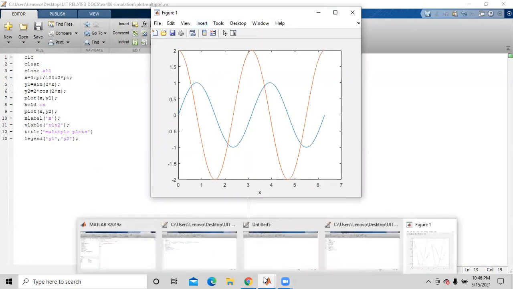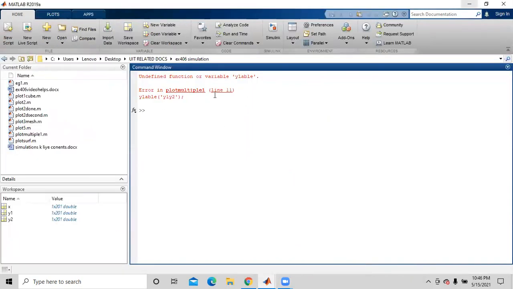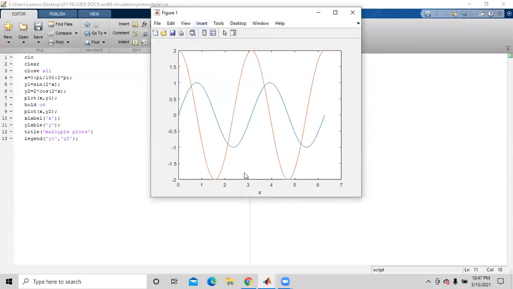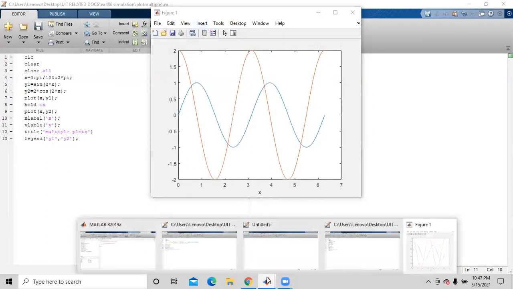So there is some problem again. Let me see. Okay, this is multiple plots, line number 11. You cannot write two things here. Anyways, no problem. I'll just write it by then, and then let me see. Again, there is a problem. What is the problem?